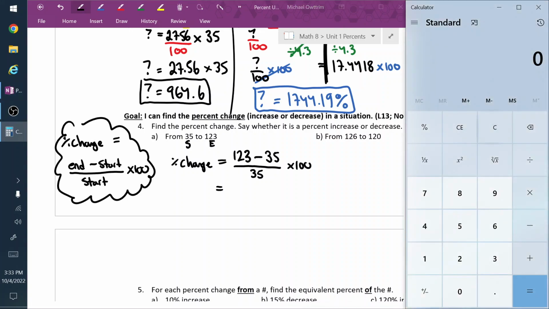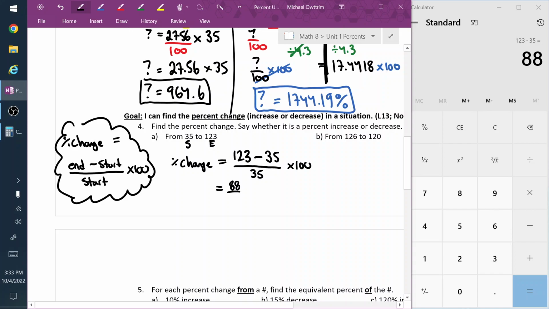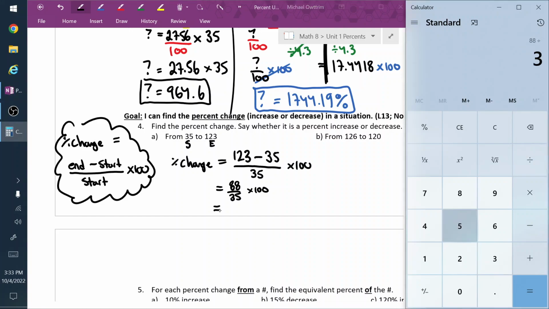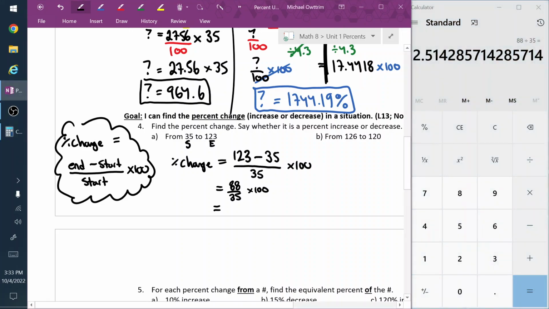If we do that subtraction on top, 123 take away 35 gives me 88. 88 divided by 35 gives me the decimal 2.514285. And then multiplying that by 100 from the formula